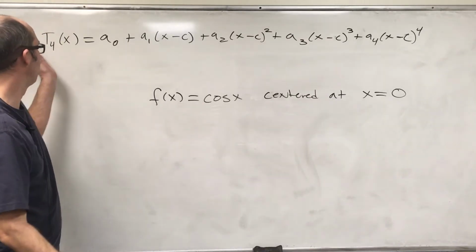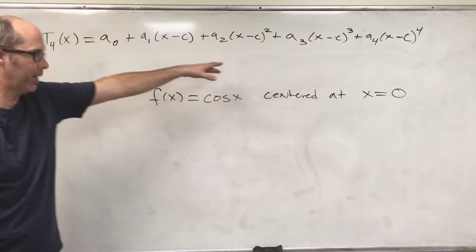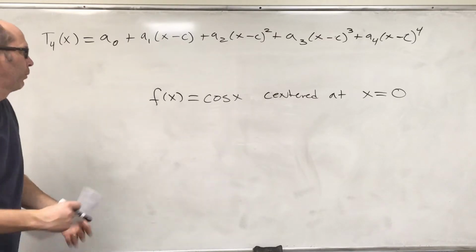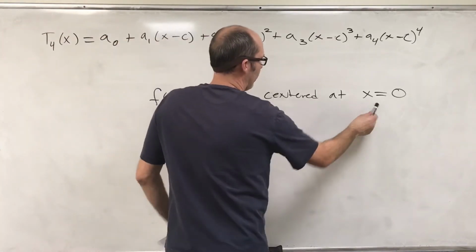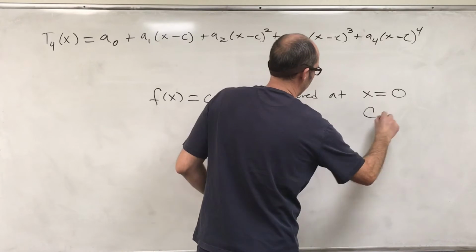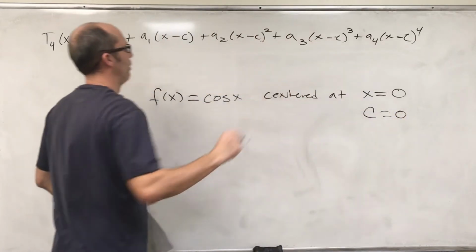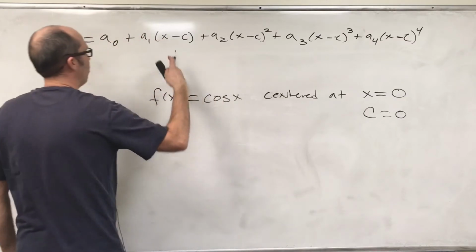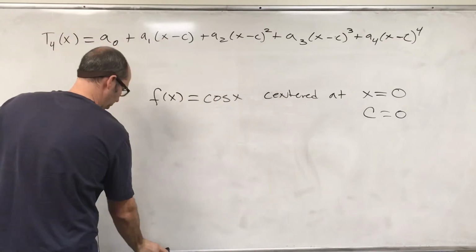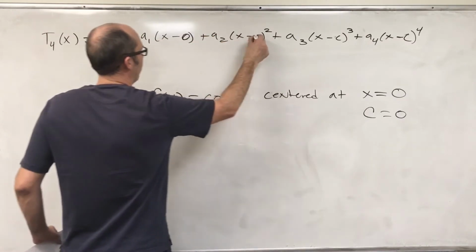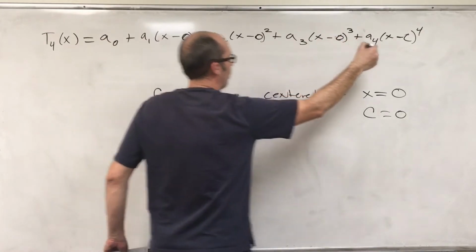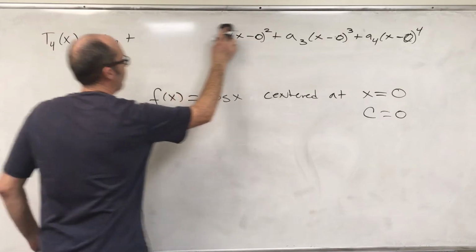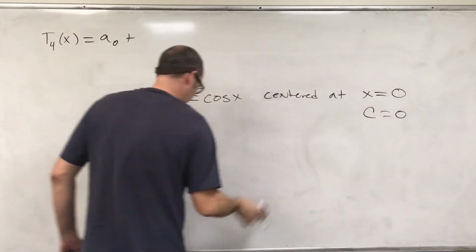Okay, so here's the general form of the fourth degree Taylor polynomial. The center is c. So if we're centered at x equals 0, that tells us that c is equal to 0 in this example. So you can see that if you put 0 in there, x minus 0 we know is x. So we can rewrite this as